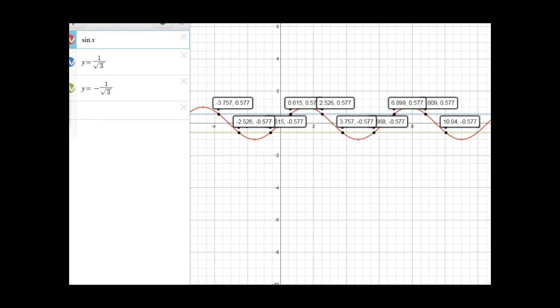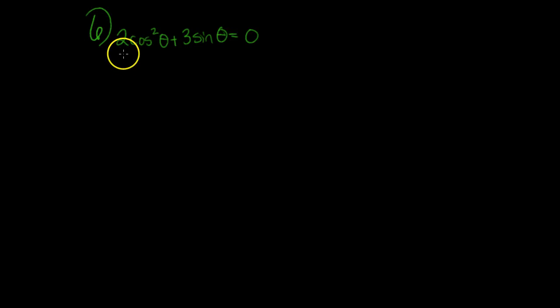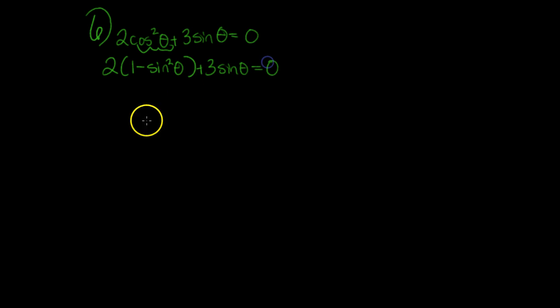solutions will be. So here's another fun one that we have to substitute 1 minus cosine squared theta in. So I'm going to do that to quantity 1 minus, I think I said cosine, but I meant sine squared theta, plus 3 sine theta equals 0. So if I distribute this, I have 2 minus 2 sine squared theta plus 3 sine theta